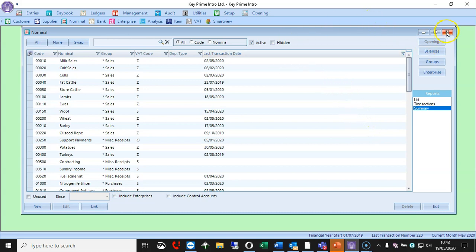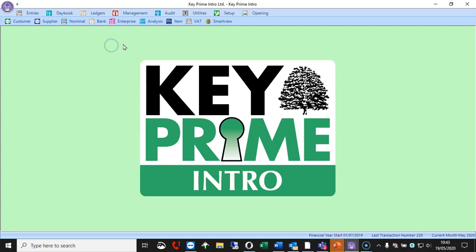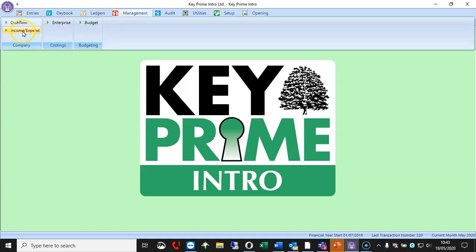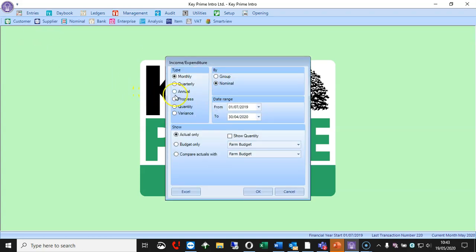The only other one that, again, not all accountants want, is an income and expenditure, and you can have an annual report, and click OK there. It will give you your date range, which will be your financial year.